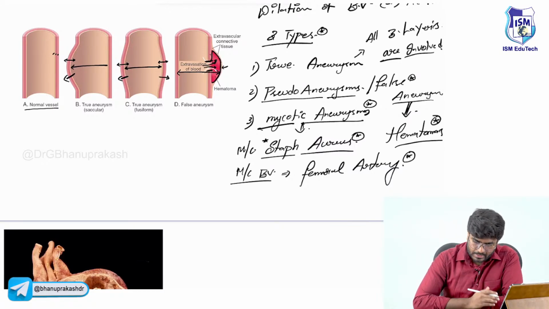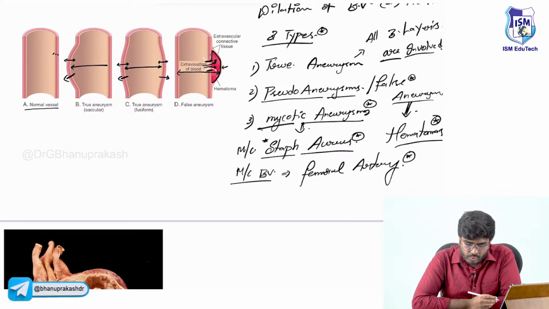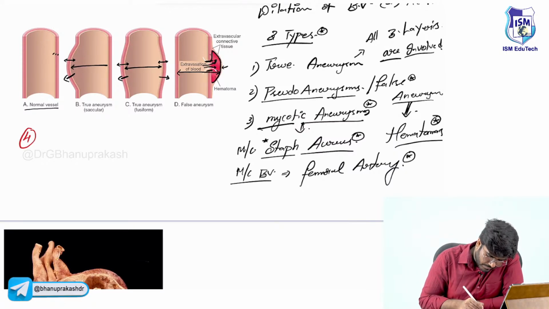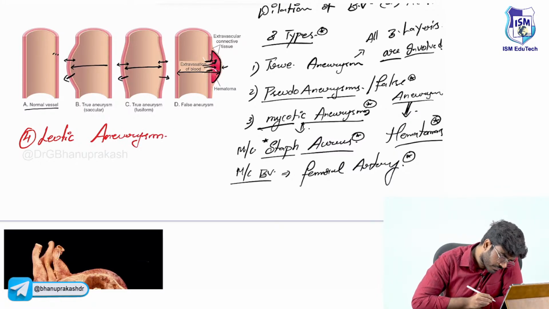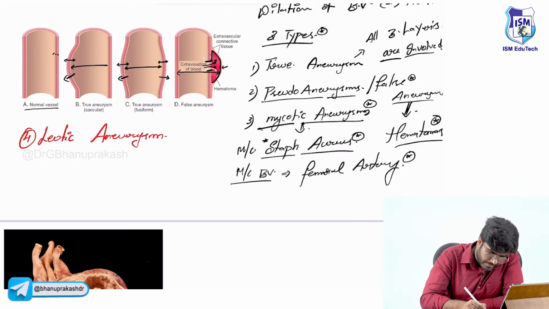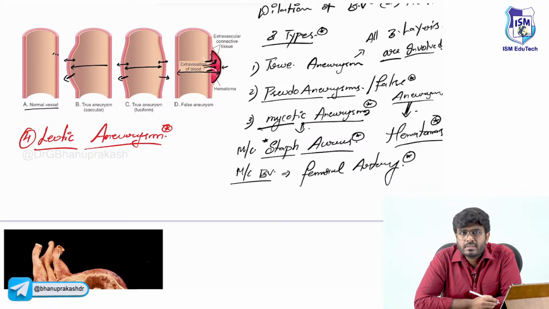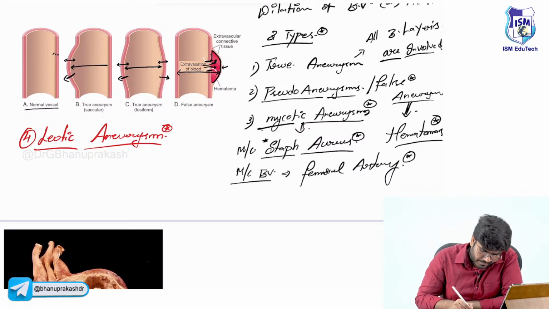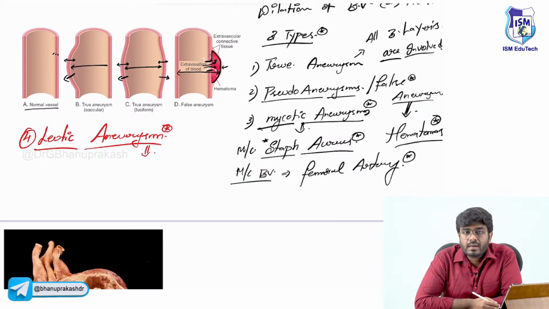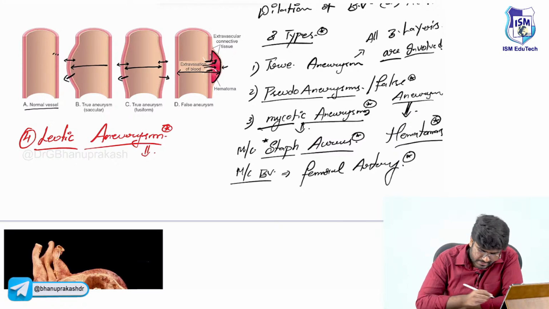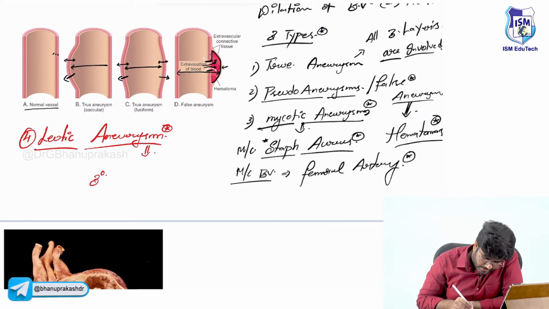Okay, femoral artery. Now, apart from true aneurysm, pseudo aneurysm and mycotic aneurysm, I want you to know a little high yielding thing. There is one more aneurysm which is called luetic aneurysm. Okay, bacteria, not the fungus, bacteria. So luetic aneurysms are seen in which condition? They are seen in a condition called syphilis. Okay, tertiary